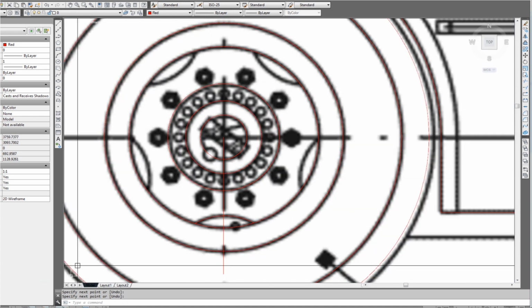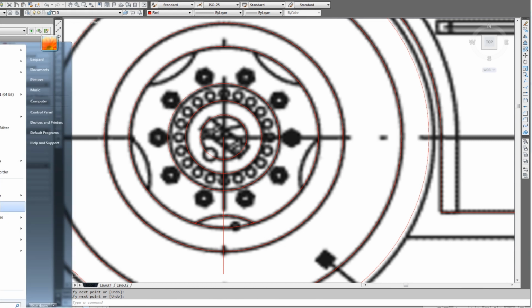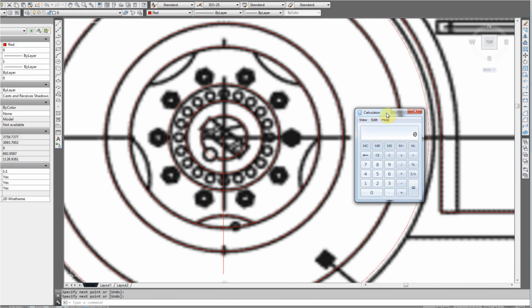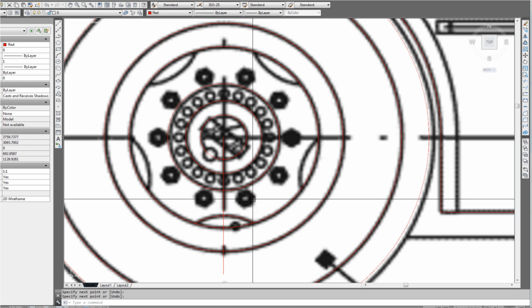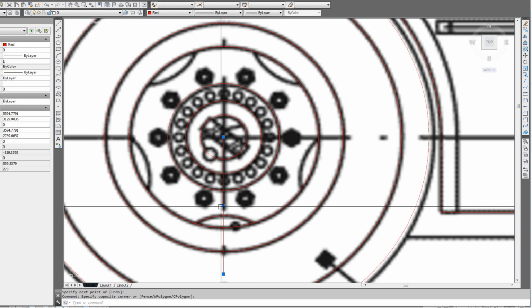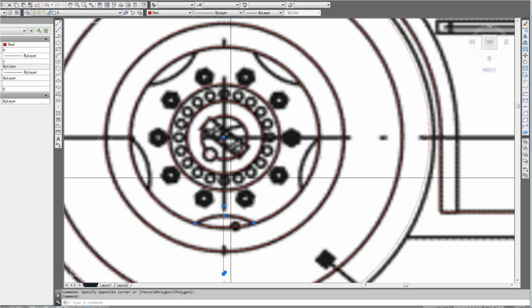So to work out how many times we need to actually go around, I'll just open up my calculator, and I think from memory it's about 72. So there's 360 degrees in a circle, and I divide that by 5. It's 72 degrees. So what I'm going to do is I'm going to select this line, I'm going to select this arc,